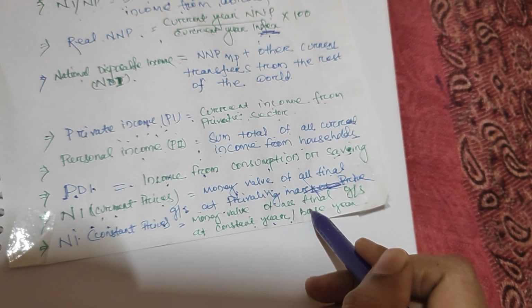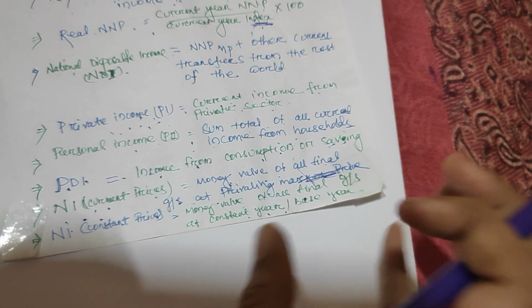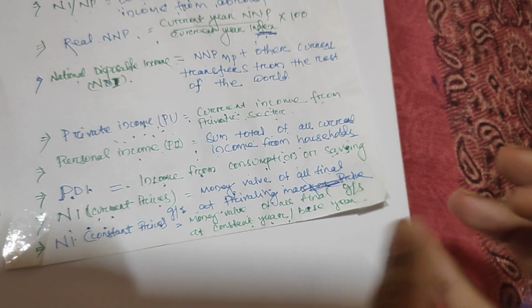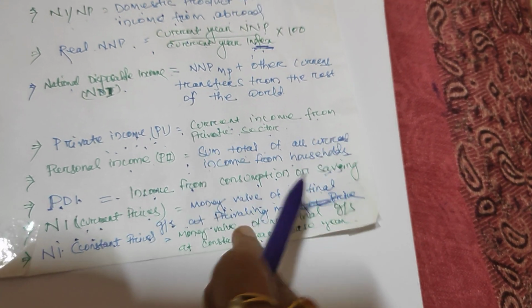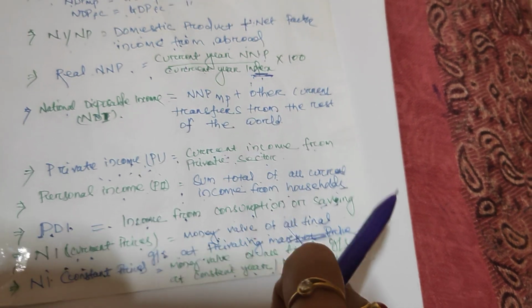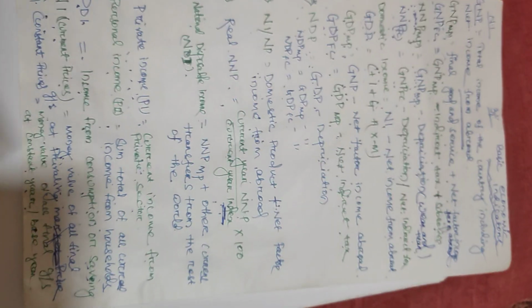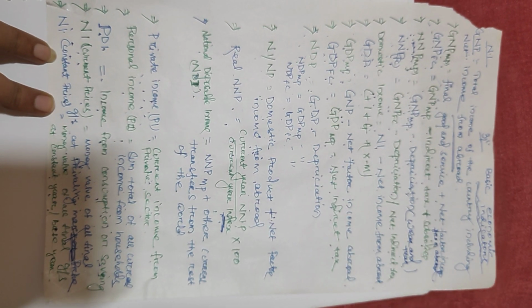Get it? National income at constant prices, on the other hand, measures the final goods and services constituting the national income at the market prices prevailing in a particular year, which becomes the base year. Here the constant year or base year is important, but here market price is important. Once more I want to show you everything at a time, so that you can pause and get everything. I hope it is clear for all my viewers.